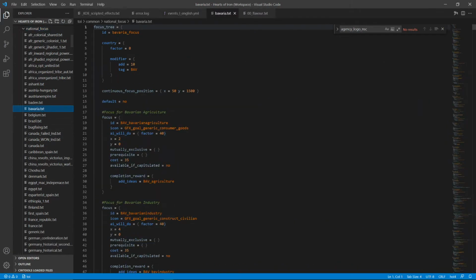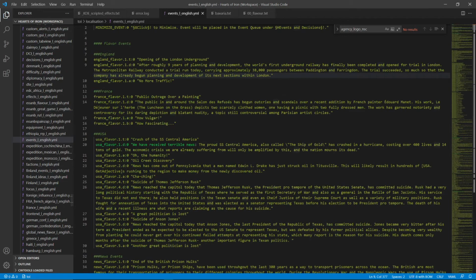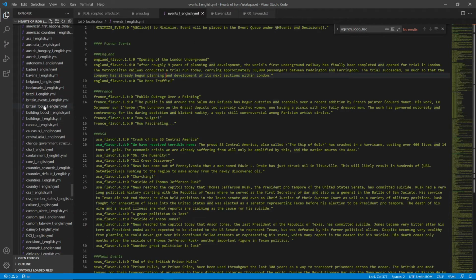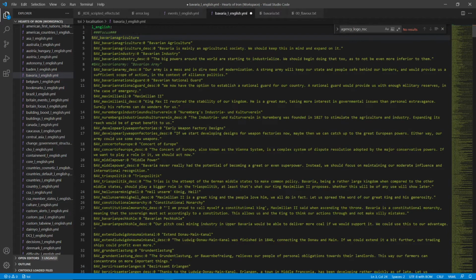We'll use Bavaria, because why not? And this is how focuses look. Confusing to someone who doesn't code, but you just want to look for IDs. You would copy this. You don't want to use the events file. You would use, there's probably a Bavarian folder here. Yep, Bavaria. Focuses are set up this way, in that you would put the line, this is the title of